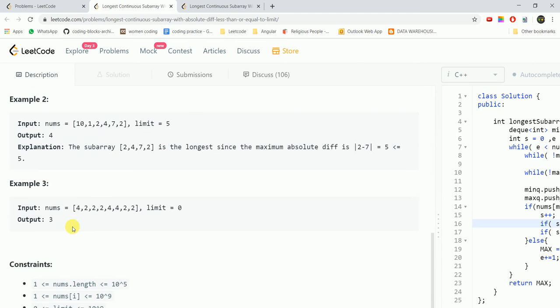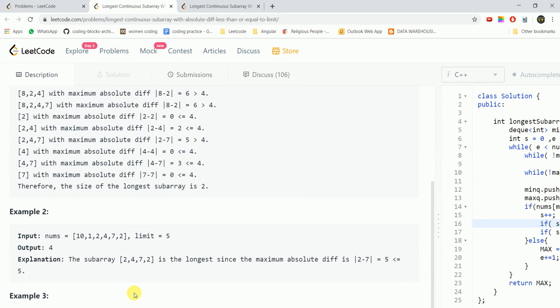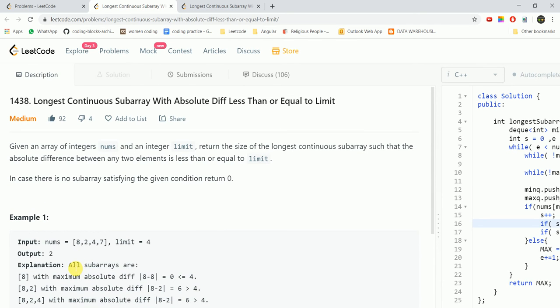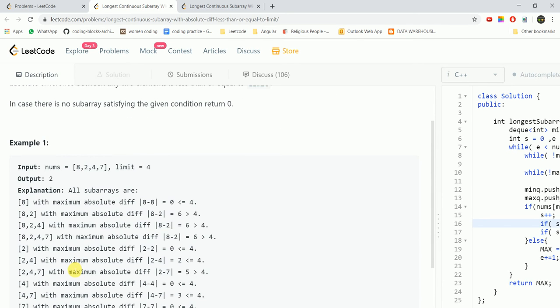And if we look at the constraints, here nums dot length is less than or equal to 10 to the power 4. So we have to think of a solution that will work in n log n time, because else we'll get a time limit exceeded if we do an order of n square solution. So the critical thing of solving this question will be considering the minimum and the maximum value of a specific window. Like the window that we are considering, basically the subarray that we are considering, the minimum and the maximum value of the subarray need to be within the limit range. The difference has to be within the limit range.